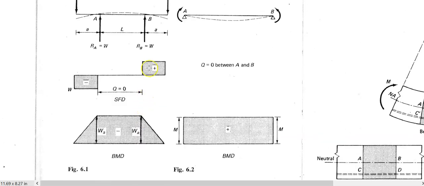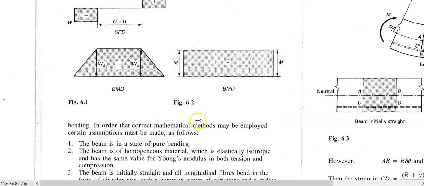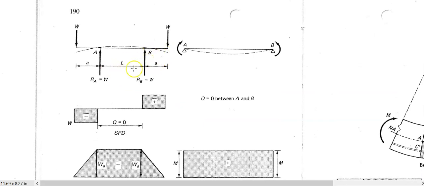There's some sketches there, I'll talk about it as we go along. In order that correct mathematical methods may be employed, certain assumptions must be made as follows. Number 1, it says that the beam is in a state of pure bending. Now it's referring to this beam here. There's a beam, it's simply supported at its ends there, and it's got 2 loads of W kilonewtons, whatever it might be, at the ends there. And of course the dashed line there is how the beam will want to tend to bend over supports A